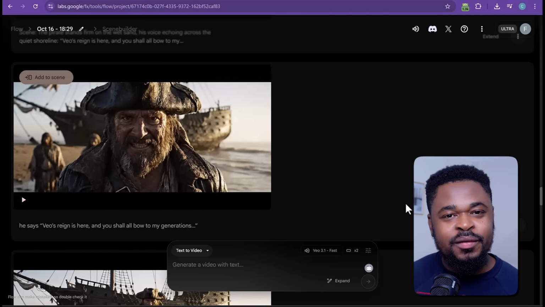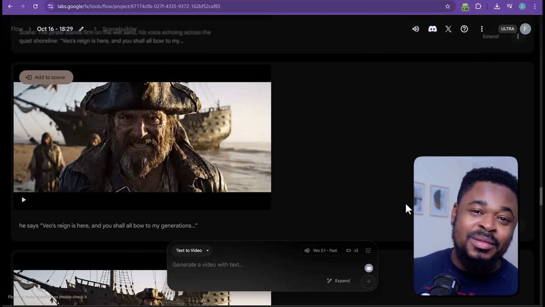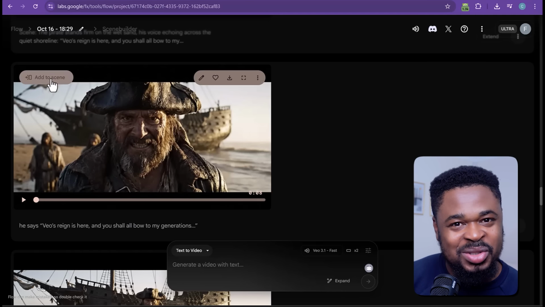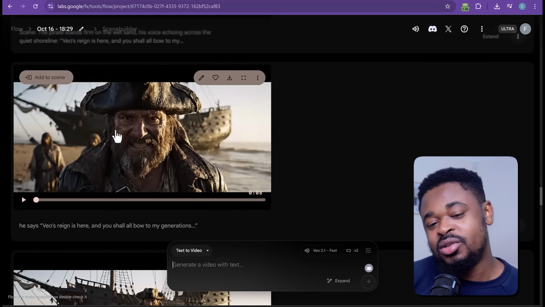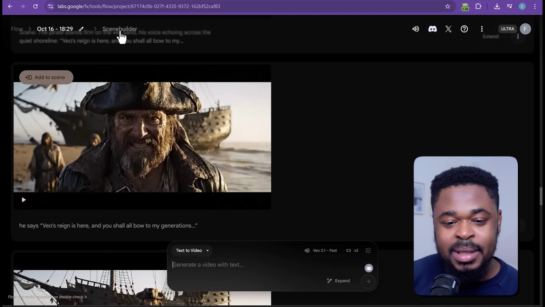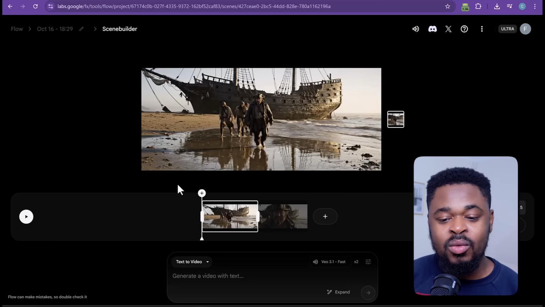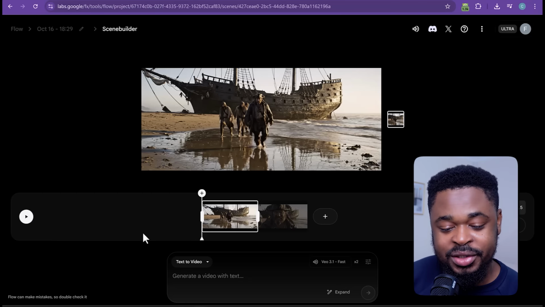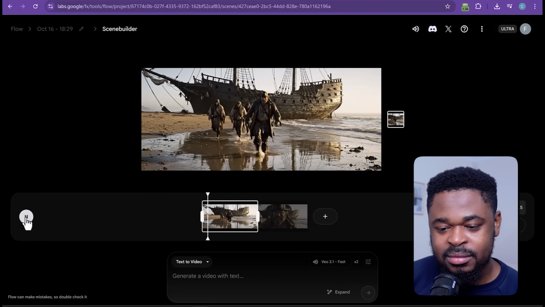Now, once you've generated your video and you want to create a longer version of it, to extend it and keep the consistency, what you're going to do is click on add to scene. Once you click add to scene, it's going to take it to the Scenebuilder. Then you just click on this part that says Scenebuilder. Once you click it, it's going to open up, and here you can extend the video and create longer versions, longer videos, right? So now if I play this,